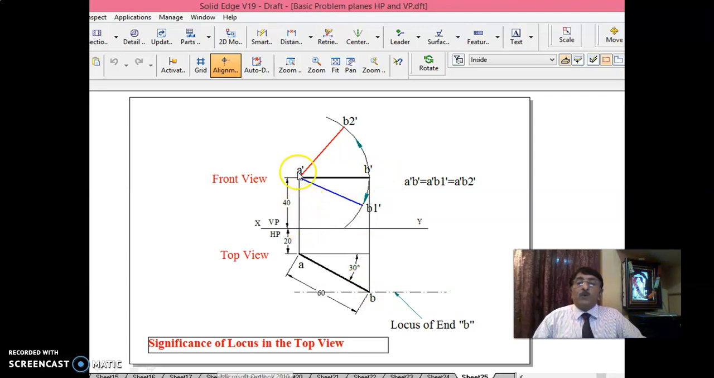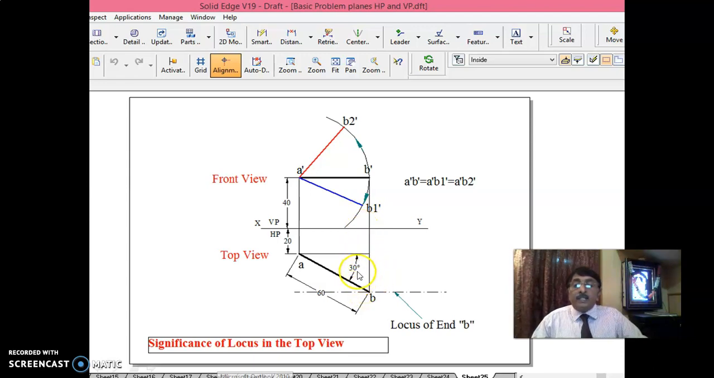A dash distance above XY line, B dash distance above XY line remains same. It is parallel to HP. Now if you draw an arc this way, inclination to HP goes on changing. Even if you draw an arc this way also, inclination to HP goes on changing. Okay, but the process is whatever you do,